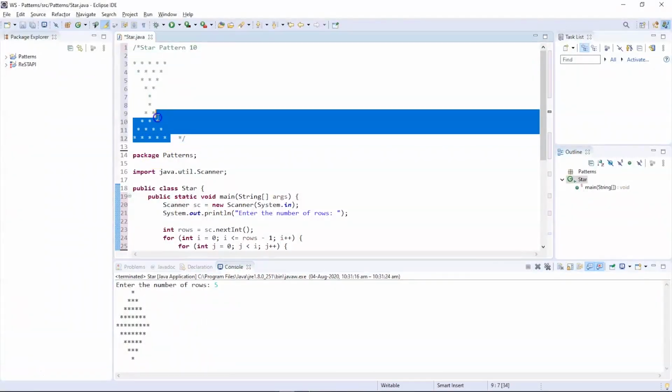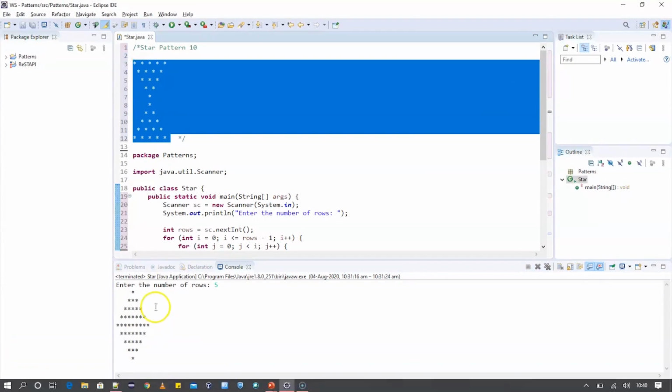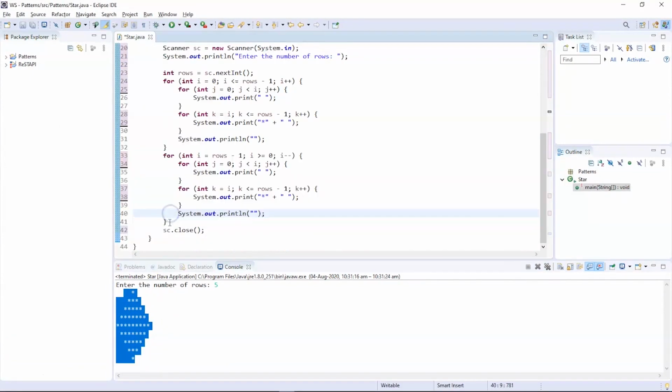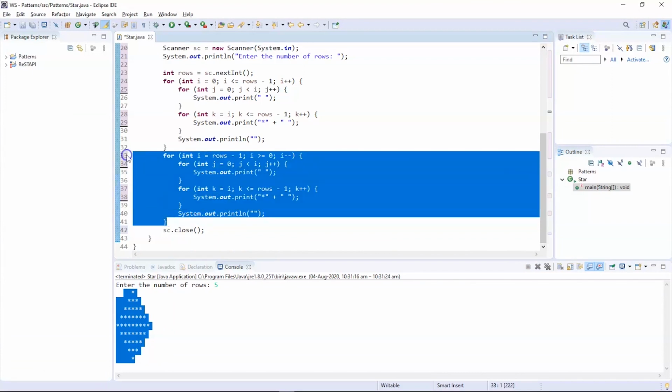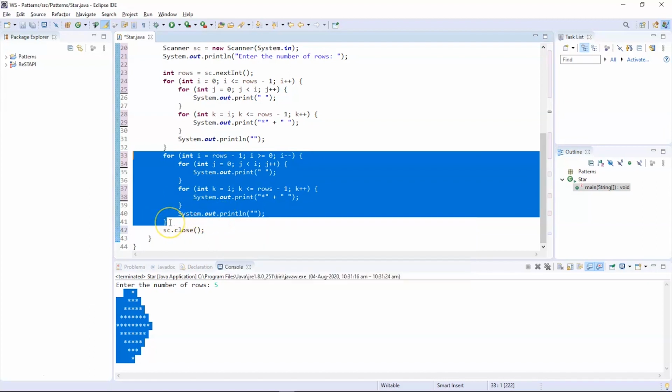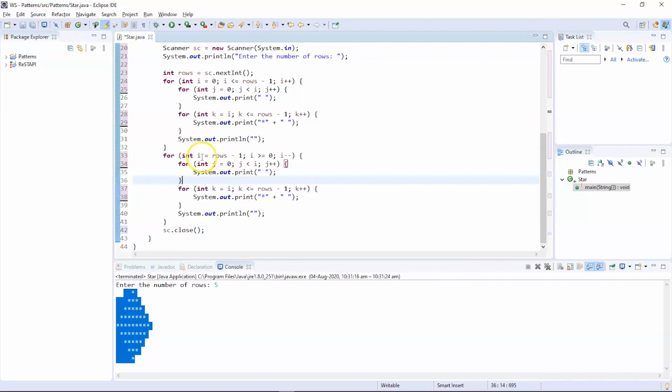So here is the desired pattern we are looking for, and this was the previous pattern we printed. Now, followed by the first segment, we have the second segment, which is dedicated to printing the second half of the pattern, which happens to be the first type of pyramid, a regular pyramid. But the only difference is inside the first for loop, we are using the rows - 1 command, because we don't want